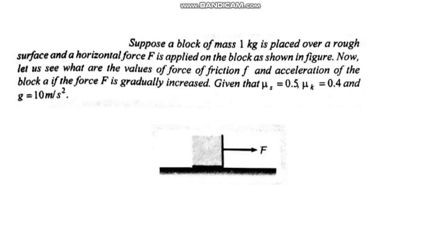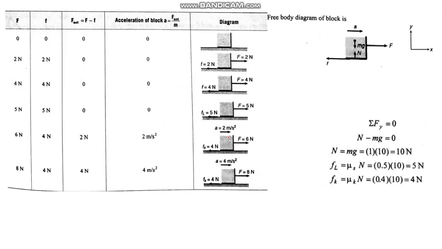So this question explains how the friction actually develops. There is a block given over here, the block mass is 1 kg, the static friction coefficient and kinetic friction coefficient are given. Now this coefficient is dimensionless. If you draw the free body diagram, mg will be acting downward, the normal reaction will be acting upward. This is the external applied force and this is the friction which is developing. Because the external force is in this direction, acceleration is also in that direction. This is the coordinate system you are following.